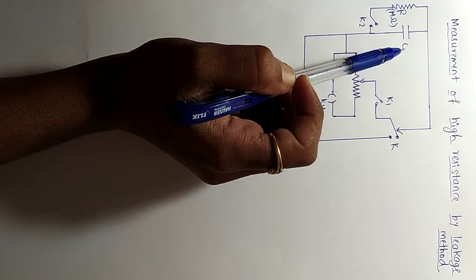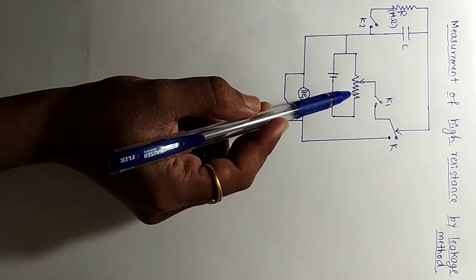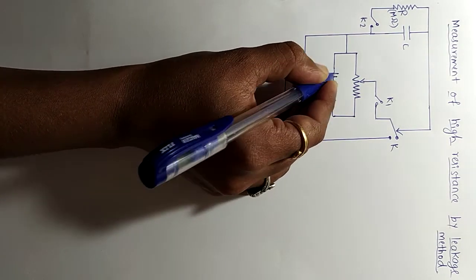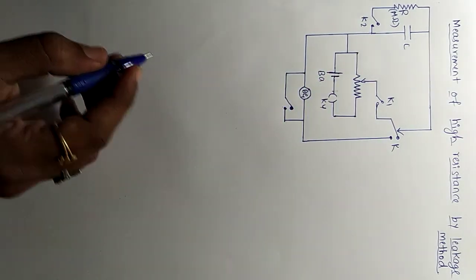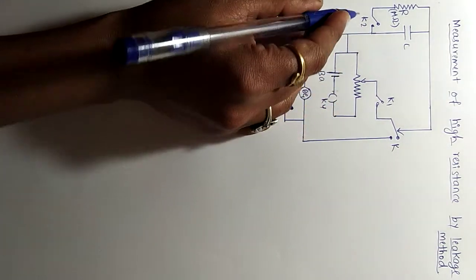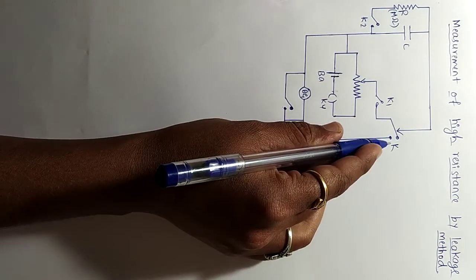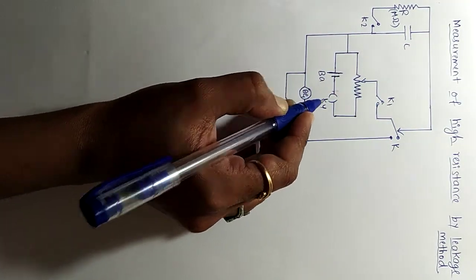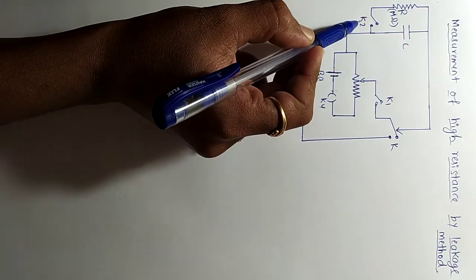And next we are having a capacitor. As I said in the last class, a capacitor is an instrument which is used to store the charges. And here we are taking a rheostat. Through that the current will be adjusted, and this is the battery. So we are supplying a voltage from the battery, and different keys we are taking here. This is the K2 key, this is the K key, this is the K1 key, this is the K4 key, and this is K3. So totally we are having 5 keys: K, K1, K2, K3 and K4.